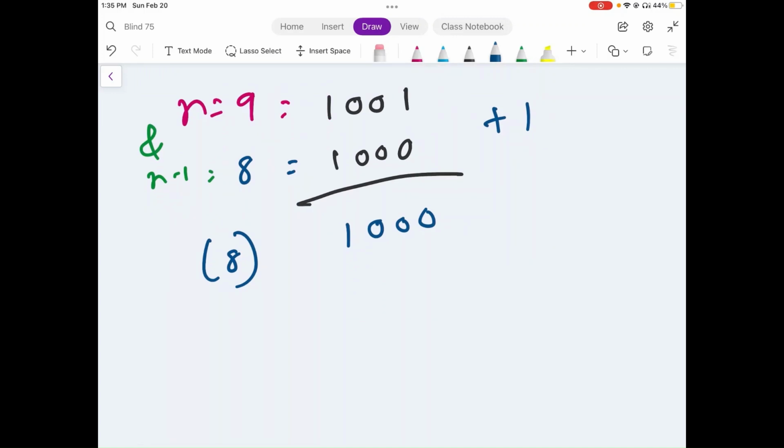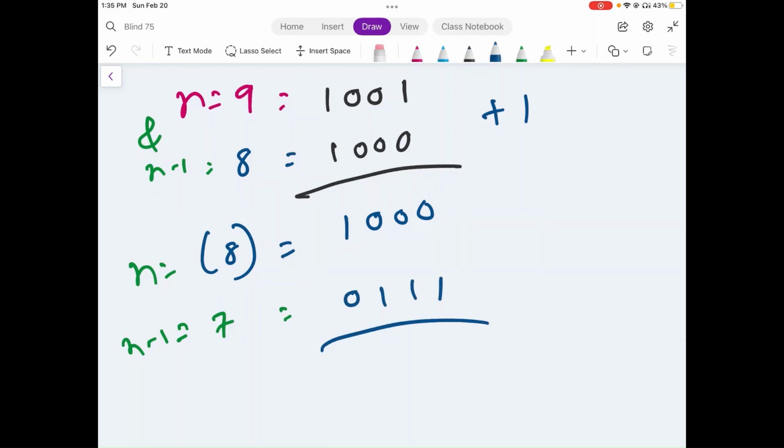Keeping this in mind, if we do it for the value 8, now our n is 8, so we do n minus 1 as 7, and the answer is 0. So basically our n is 0 at this moment,